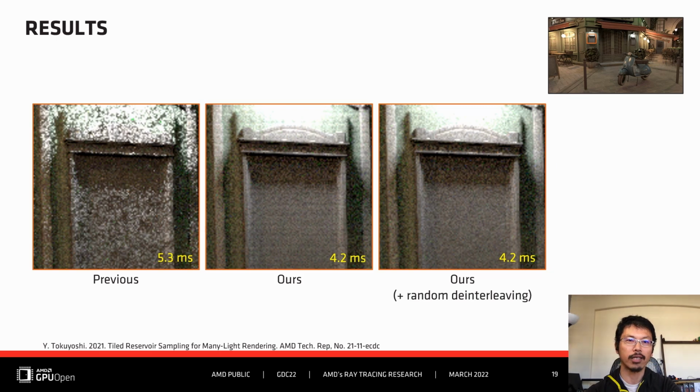The image on the right is with additional randomness to the interleaving pattern, which helps to reduce the visual artifact or correlation further. It produces far better results. Also, note that the computation time decreased due to the coherent memory access, so there is no reason not to use this technique for light sampling here.